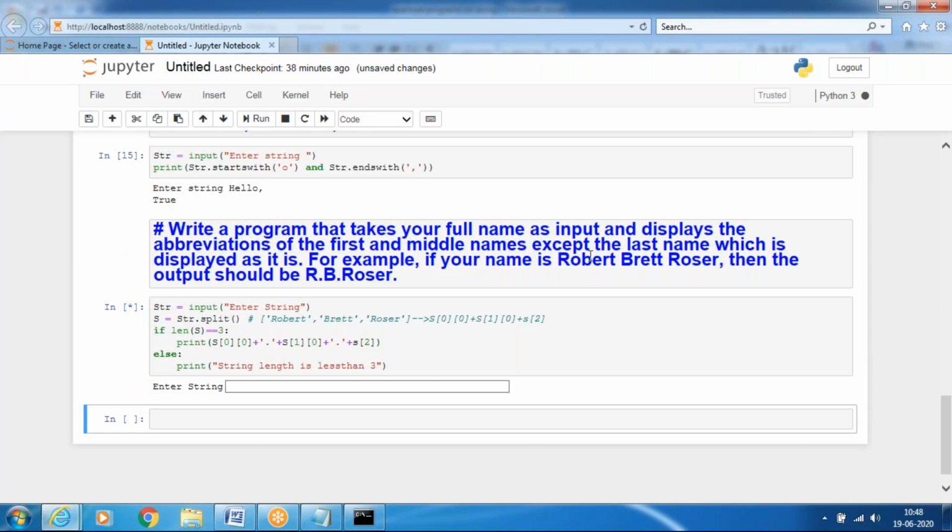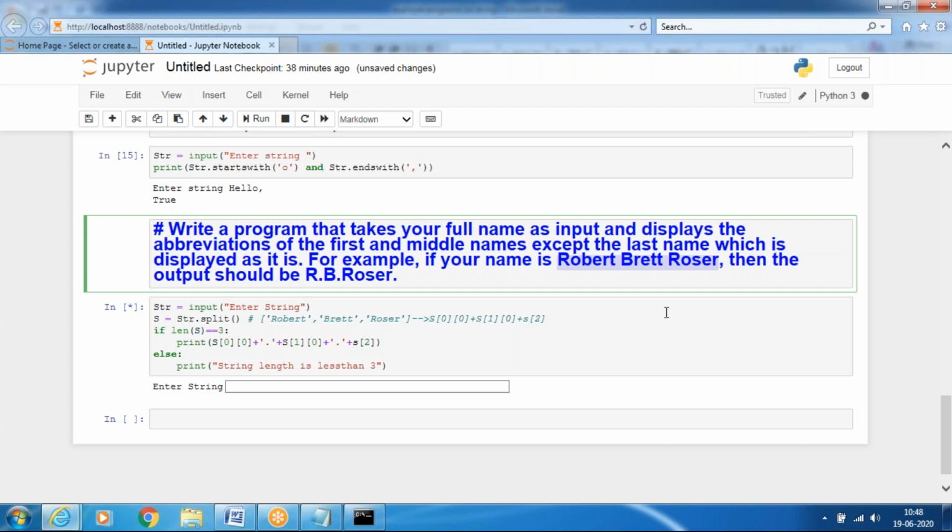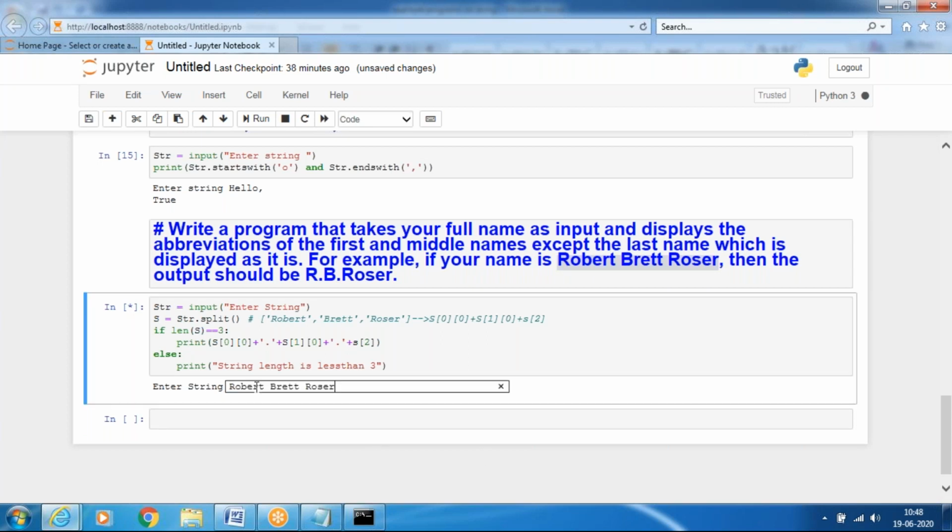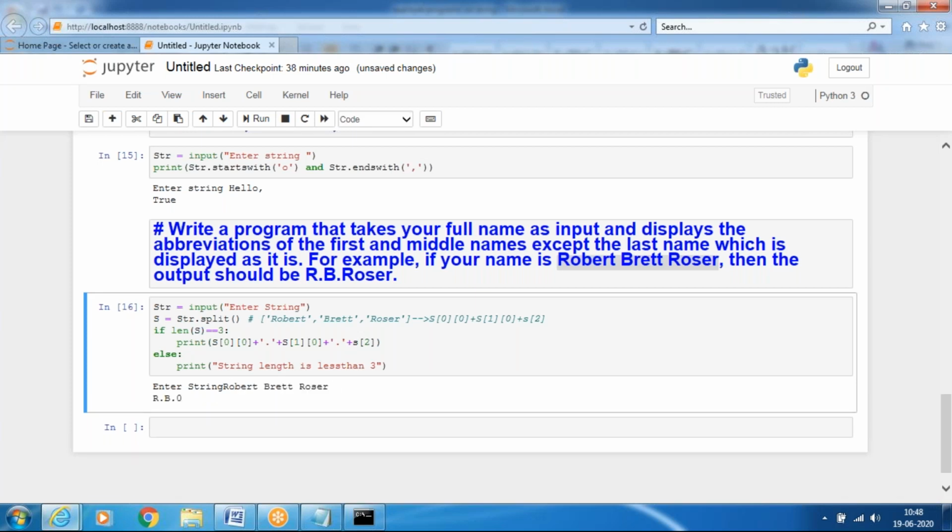We'll run this code. I will use the string Robert Rosser. Enter. Oh, the 2 is not printed.